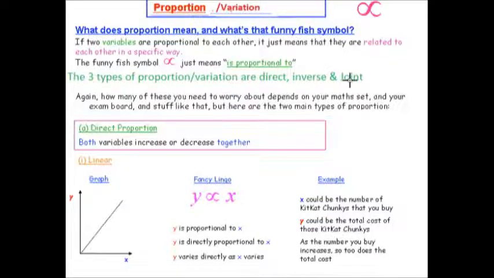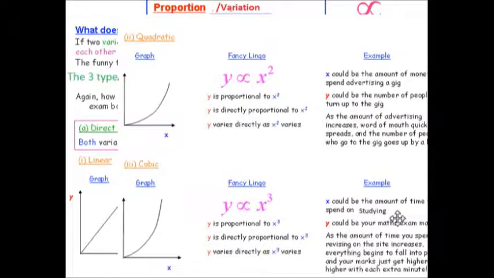Later, when we talk about joint proportion, you'll notice that it's a special type of variation in which you can have two variables varying directly with a third variable, the dependent variable, or you can have a dependent variable varying directly or inversely with at least two different variables. So let's look at another type of